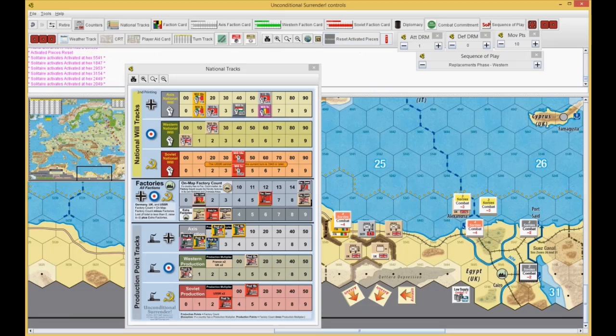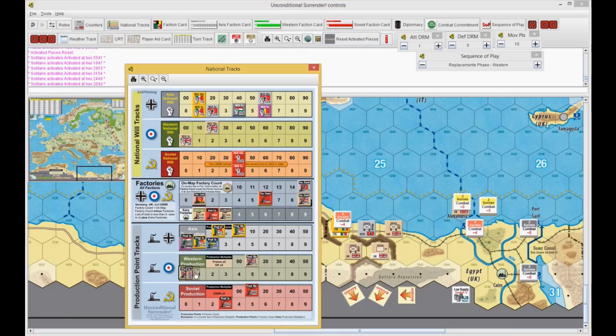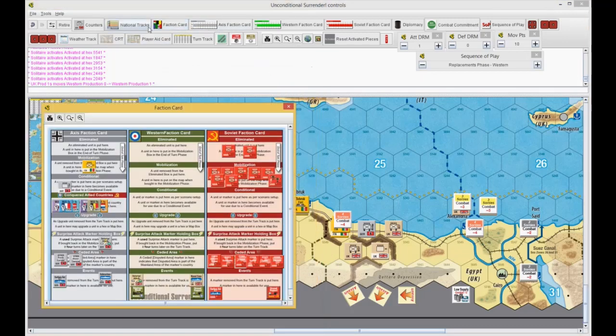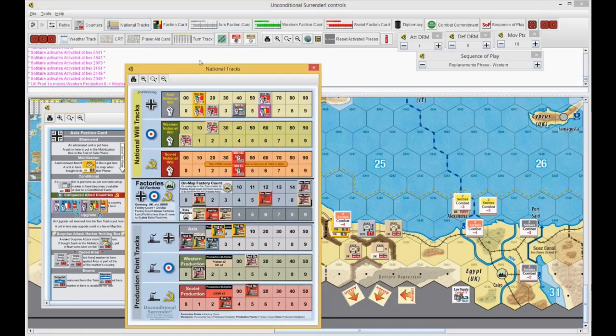And that leaves me with 1 production point, because I did 4 from 14, and then 3, 6, 9. So I have 1 production point left, but I don't have anywhere I can spend it, because I don't have anything on the cards to buy. So, boo. And that's Western. The Russians,